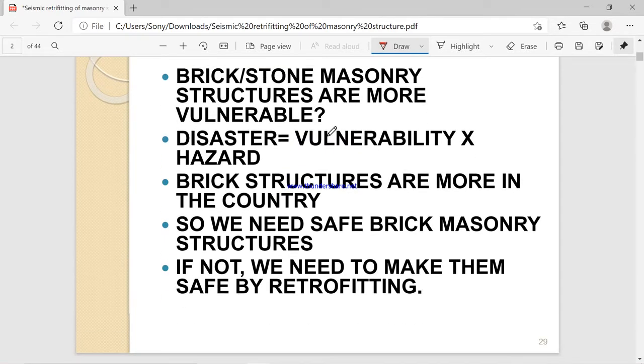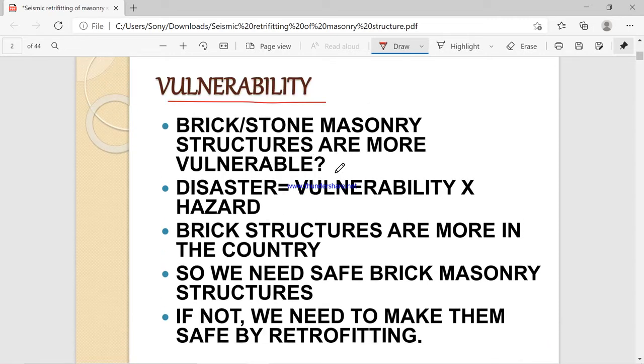We know that in a country like India, even in today's construction, many of the structures are made of brick masonry, just because it is very economical and easily available. There are also certain other factors of brick masonry because of which it is more commonly used in this country.